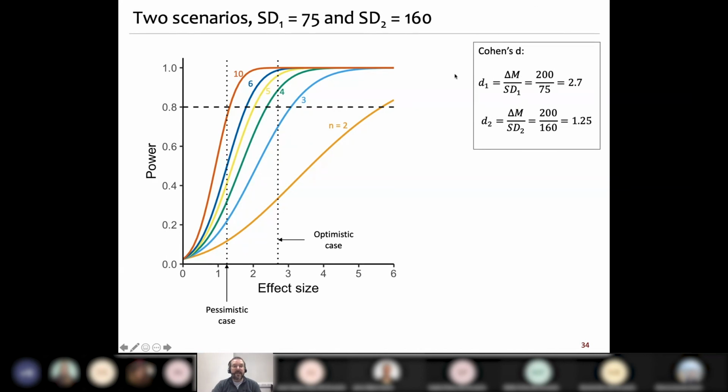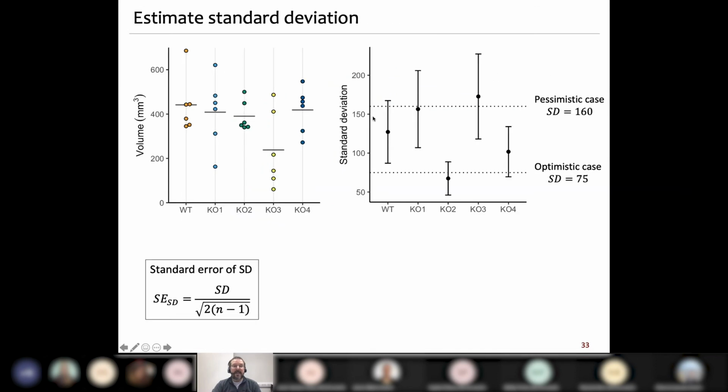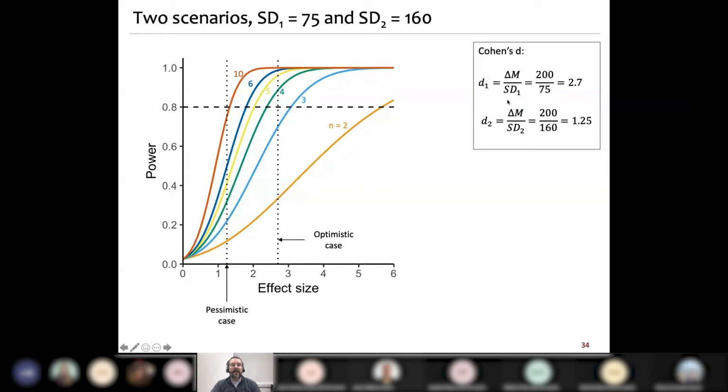First, we need to find Cohen's d. The difference between the means is 200. This is our twofold change. We decided it will be change between 200 and 400. This is a change of about 200. Again, it's all very kind of vague and hand-wavy. So if delta M is 200, and we divide it by the standard deviation, the two cases, the optimistic and pessimistic case, we get a Cohen's d, the effect size of 2.7 and 1.25, and they are shown here as vertical